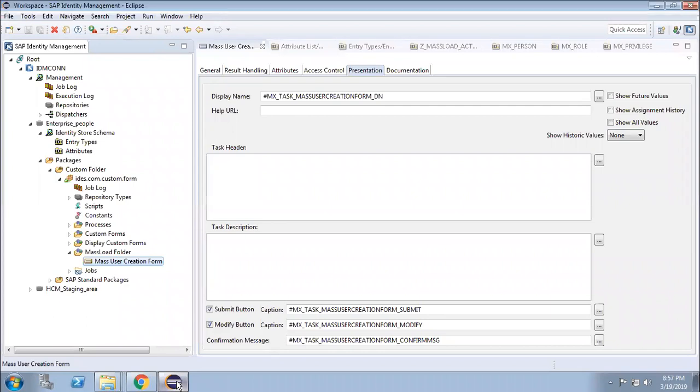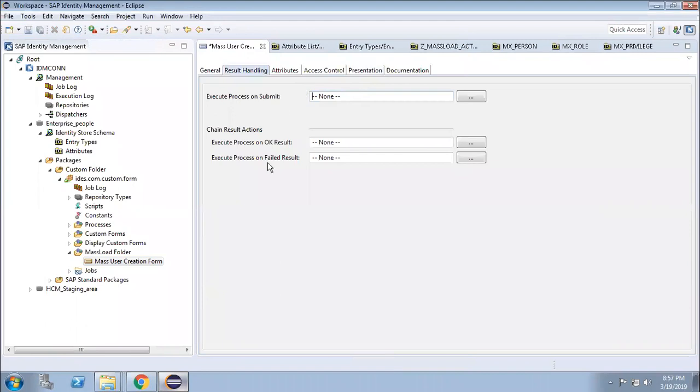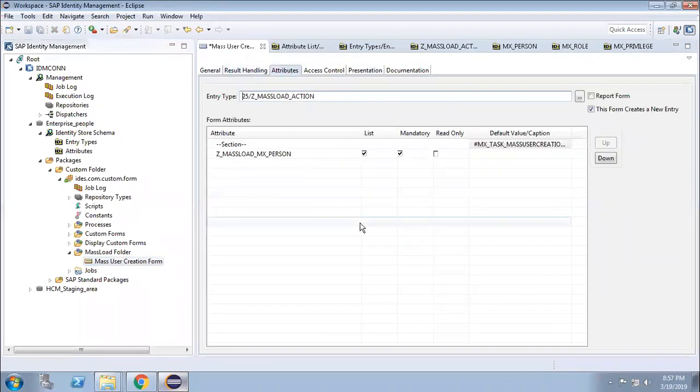What do you think? I don't think it will do anything. In the result handling, I think we haven't given anything. Yes, in the result handling, we have not given anything. That is why it will not do any kind of action as of now. Okay. So the next thing, what are the things I have to do? You have to create a job and pass the job in result. Okay, pass the job, that is fine.